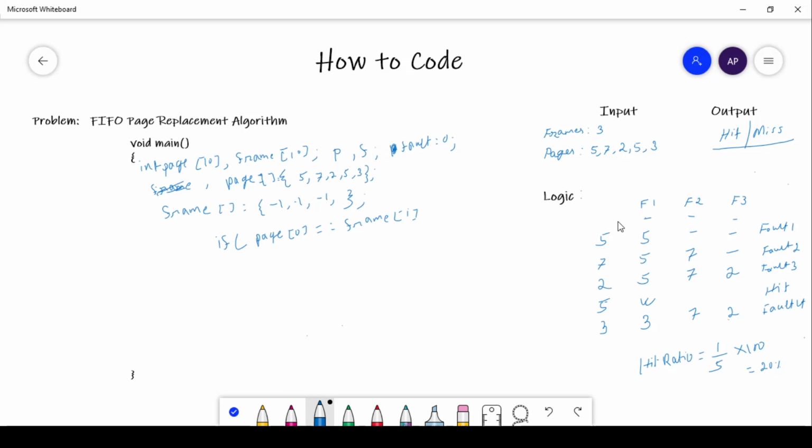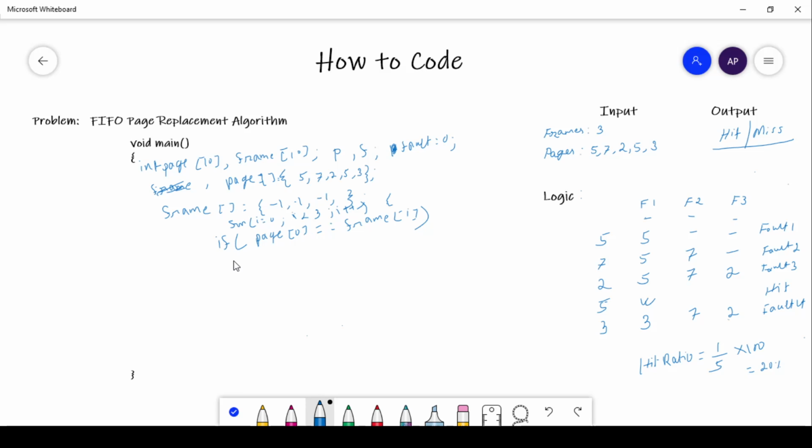So instead of comparing with each individual frame, I will use one for loop. The index of the for loop will start from i equals 0, i less than obviously the number of frames, so here it is 3. You can take it from the user also. So i less than 3 and i plus plus. This is the first for loop.